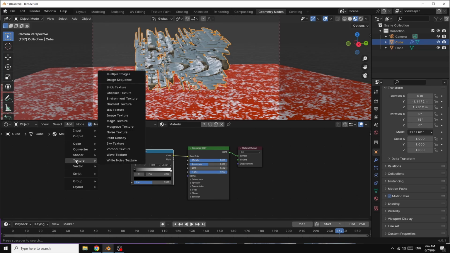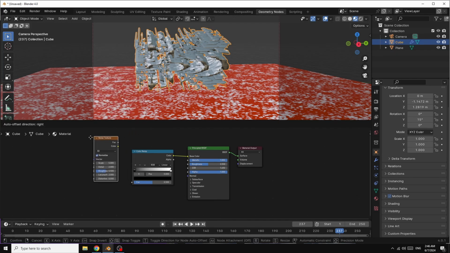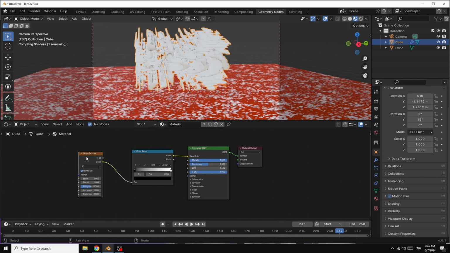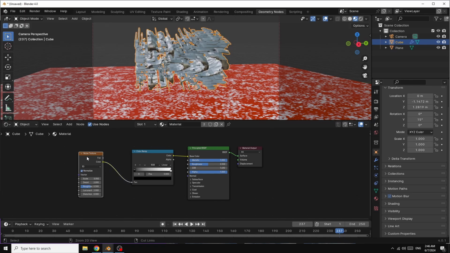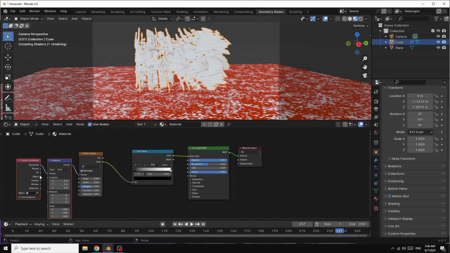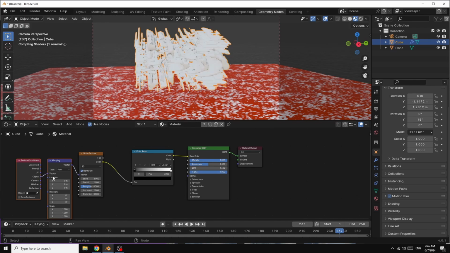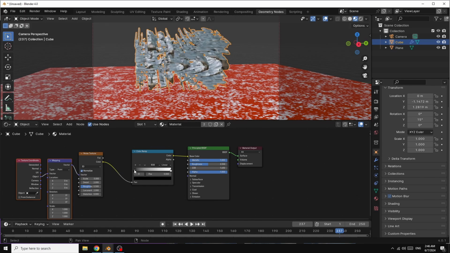I go here in texture, I select just noise texture, connect color to factor, Ctrl T to activate mapping and texture coordinate, and connect object to vector. Now we can choose any color we want. So maybe I make it blue like this.